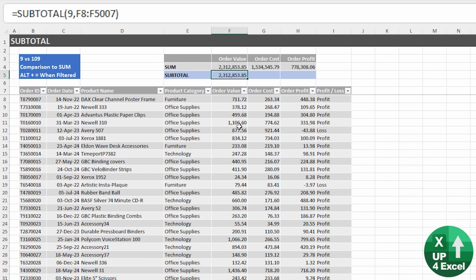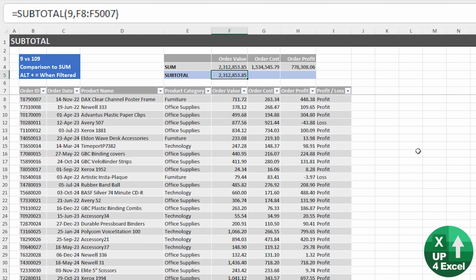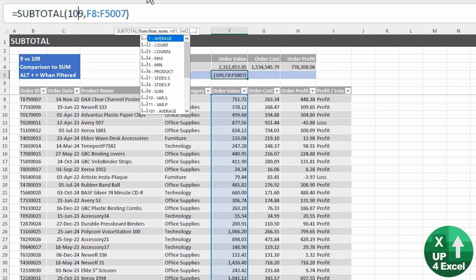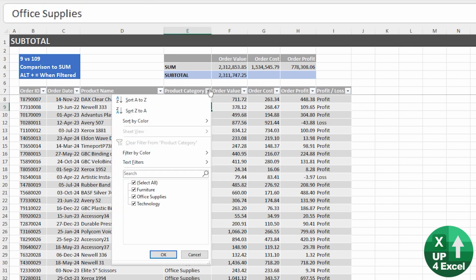Say I now say, well, actually, I'm just going to hide this product here. Now, that number doesn't change, whereas if I change that to a 109, you can see it's now different to the sum. So that's absolutely key. Now, when you start filtering things, so say we just pick furniture, for example,